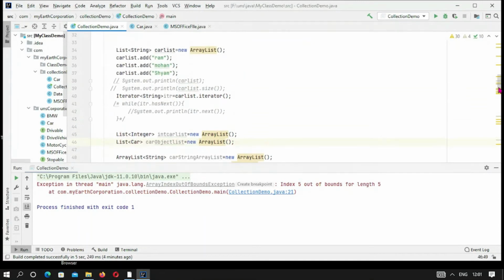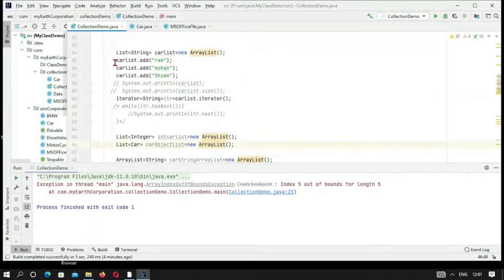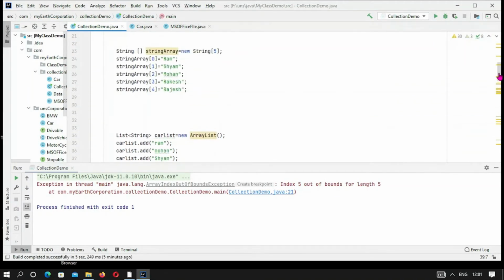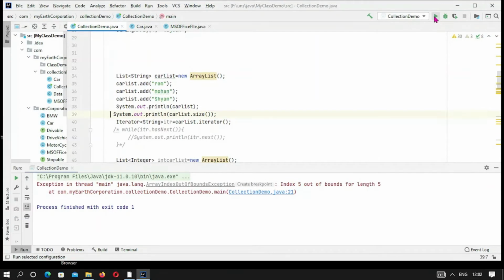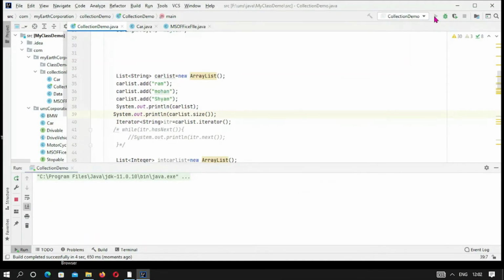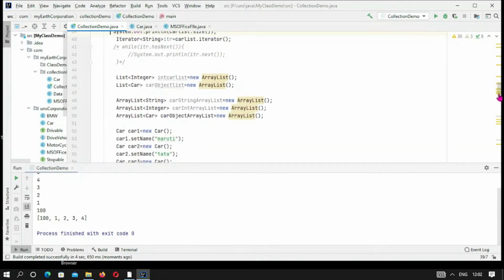So for the purpose of saving time, in the list I have already added a few items. This is the car list. So now we can see the output in the console, and we can see the size of this list. So let me run it and try to see the elements of the car list type list. Okay, and this will produce the size of the list, this one. Okay, lots of sysout operations have been.